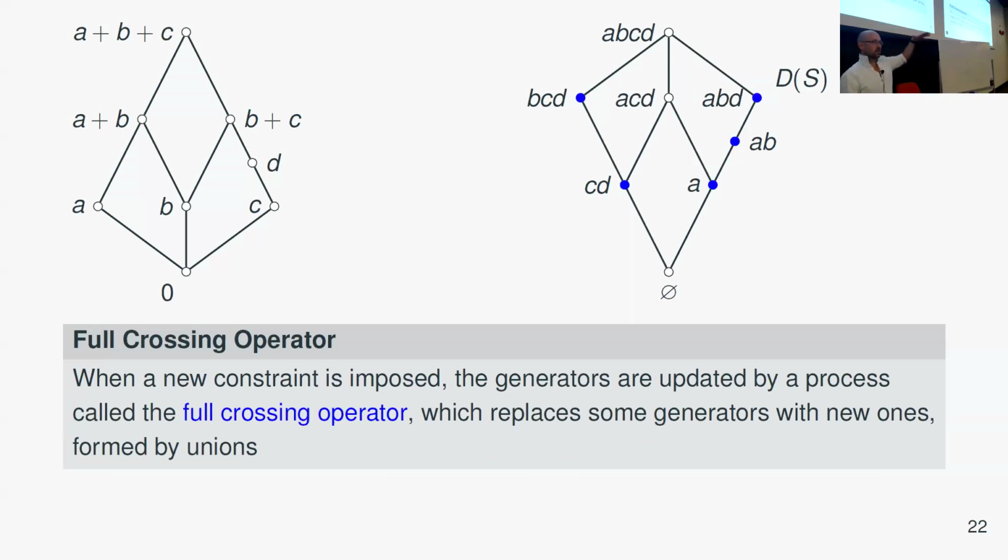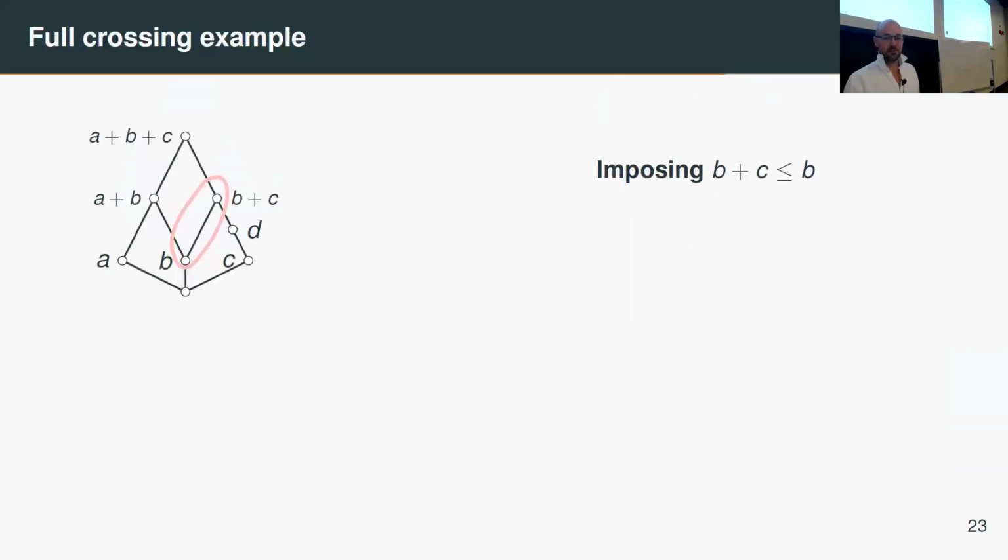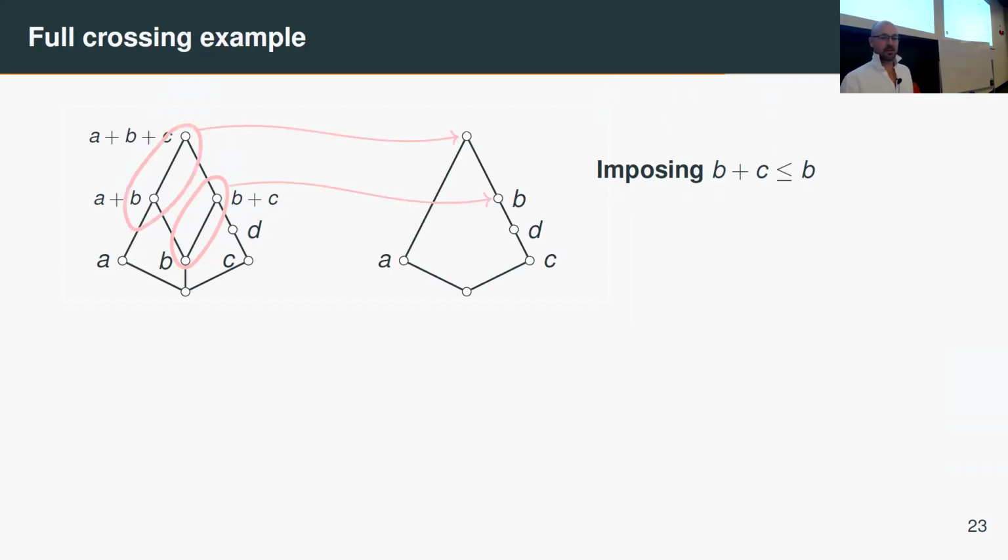So what we want to do is that each time we make a collapse, as I mentioned, what we need to be doing in the dual world is identifying a new set of generators. So we need to update our blue elements to a new one. And so the fundamental trick that they've come up with is just a way to do this. And it's not actually that hard to come up with, as the inventor will tell you. It definitely just involves doing what we're doing now. So if we have a look at this particular case, B plus C, as we know, it involved collapsing these over here.